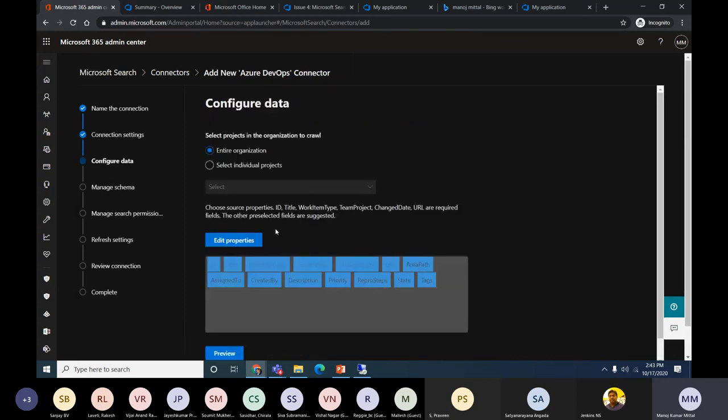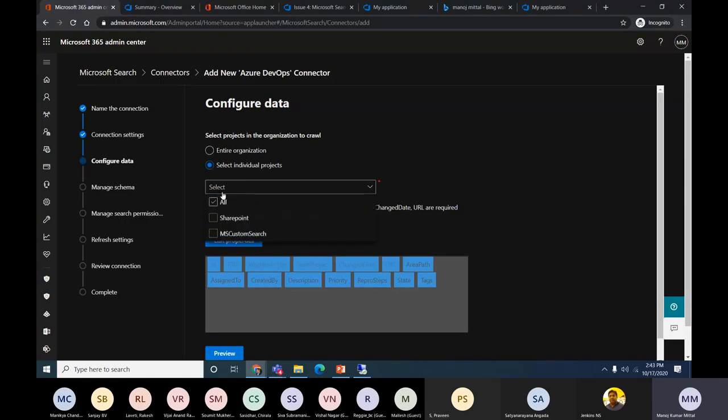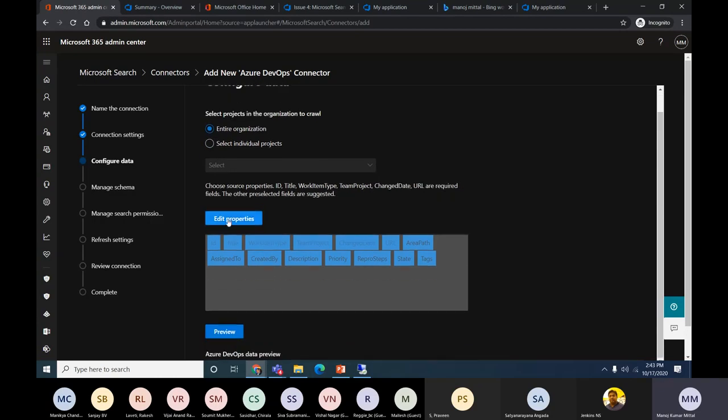So now this is a very important section. For the entire organization that I have, or we can use a selected project if we have one in our organization. As of now, we'll use the entire organization. And the other thing is edit property. This is important. Once you are designing the cards, consider what properties you need to showcase on the card. If you miss any property here, then you can't edit this back. Other properties are still available, but the edit property section is not available, we can't edit again. It goes into disabled mode. So be careful what properties we are using and what properties we need to edit here.